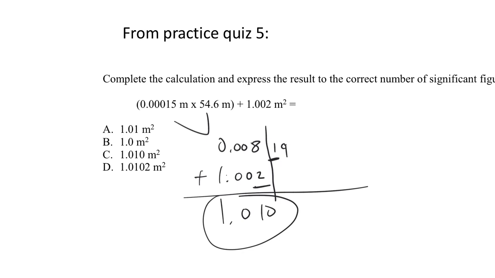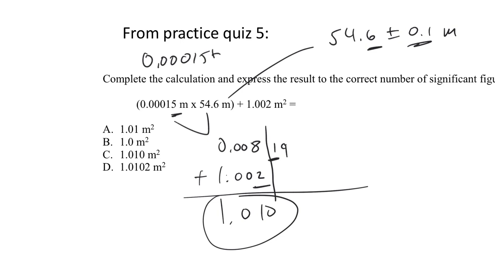these numbers came from, but just remember that the whole thought here is that at 54.6, there's about 0.1 meters of uncertainty in that number. That's really where the sig figs are coming from: the uncertainty in that last digit being at least 1. And if you look at the 0.00015, it's 0.00015 plus or minus 0.00001. That inherent uncertainty in the last digit in these numbers is what gives the sig figs their place and their role, and that's the sort of error that we're tracking through using the decimal place, looking